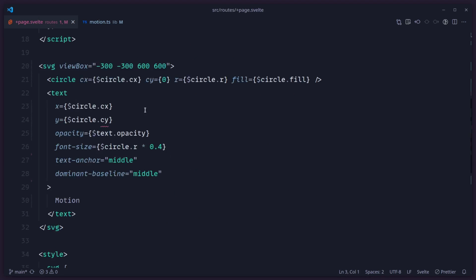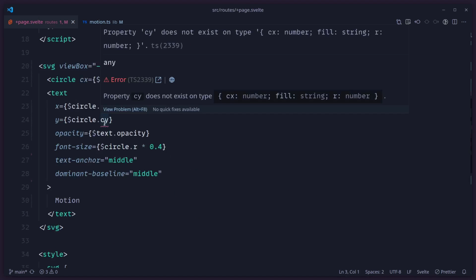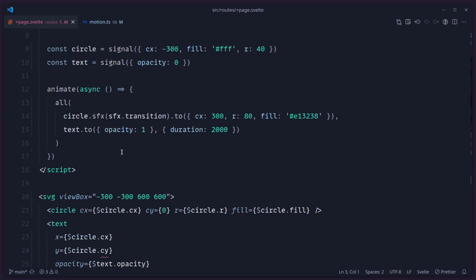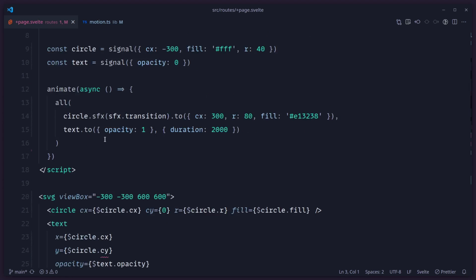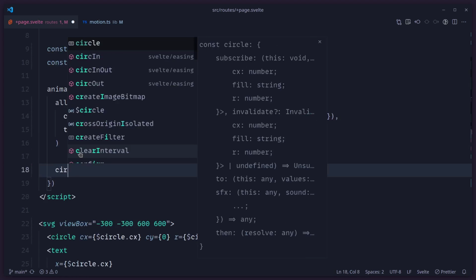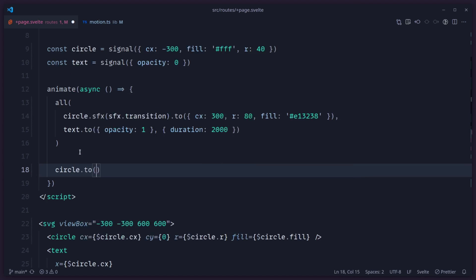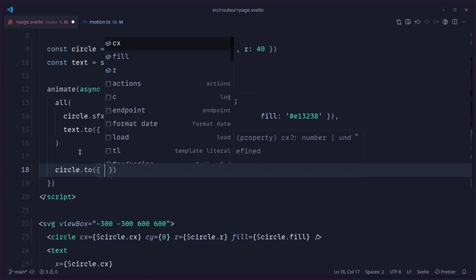And you can see we're already catching errors because of TypeScript. It says, hey, CY doesn't exist. And this is really true. I didn't even notice that we didn't pass CY, but yeah, basically that's really awesome. So now you have all this great completion when you're using the library. So let's just see if you're using circle, saying 2. So now for the auto completion, you get all of the available options. You get CX, fill, R, and etc. And that's basically the power of TypeScript.